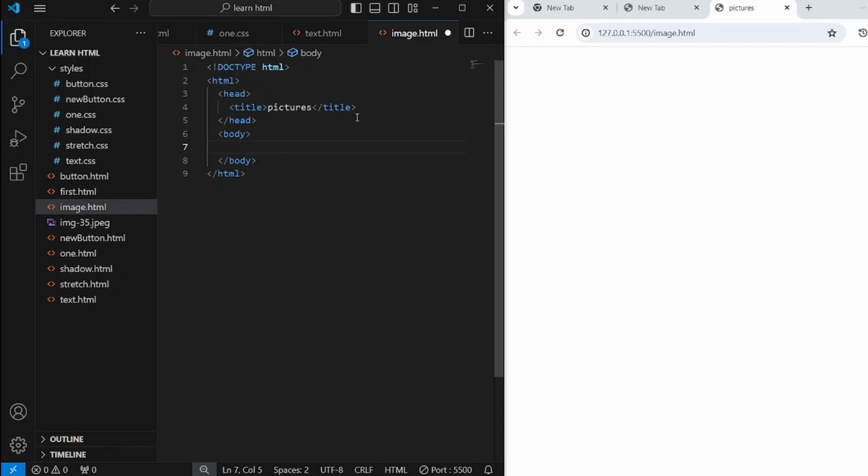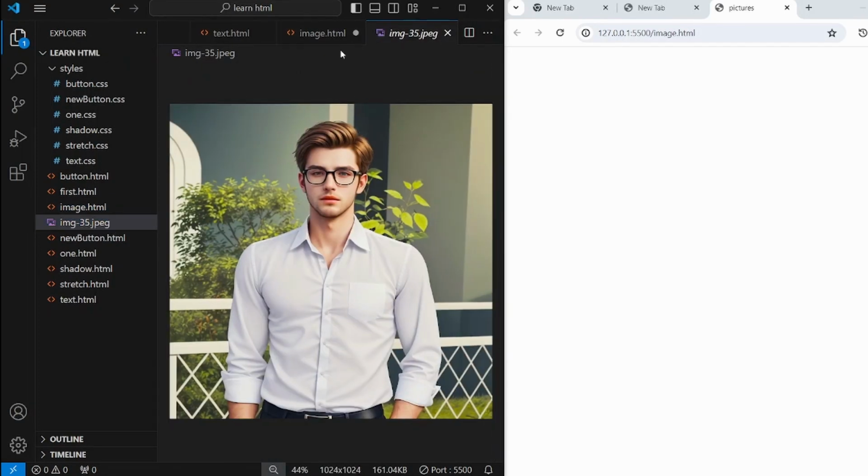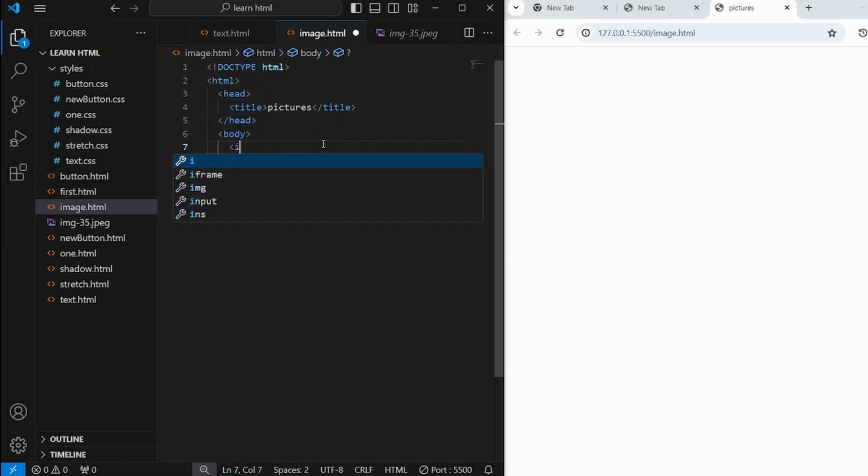Now in here we want to load an image. For practice, I have generated this image from AI. We'll be using this picture to practice styling images. Its name is image35.jpeg. Now to upload an image on the web page, we have a special element called the image element. Write img and then space. It takes the attribute of src, which is the short form for source, and inside this src